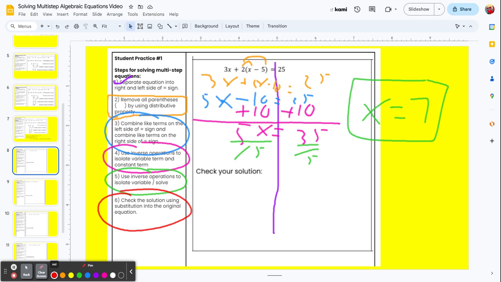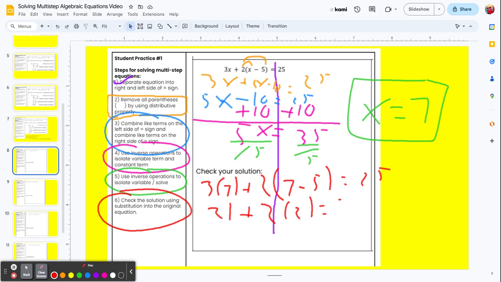And so substitute into the original equation, we're going to go 3 parentheses 7 plus 2 parentheses, I'm substituting that 7 in for the x there, minus the 5 equals 25. All right, 3 times 7 is 21 plus 2 times 2 equals 25. So I get 21 plus 4 equals 25. So then I'm going to get 25 equals